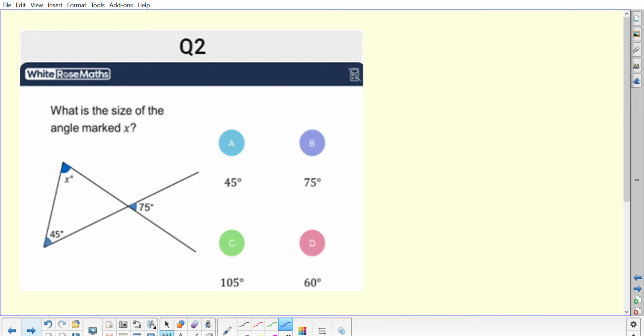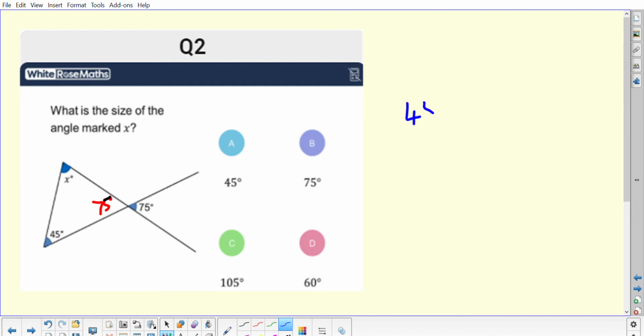So again, you've got to find an angle inside the triangle. However, you've still only got one angle inside the triangle, but you've got this other part of the diagram here where you've got two straight lines crossing over each other. Whenever you get two straight lines crossing over each other, you get vertically opposite angles, and therefore that would tell us that the ones right across from each other are 75,